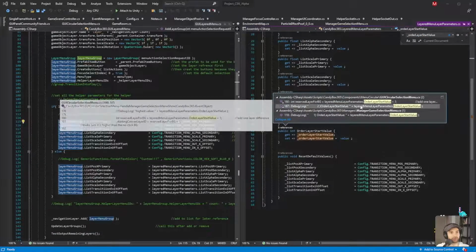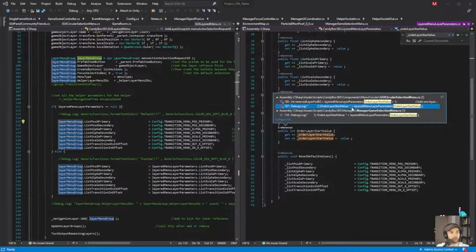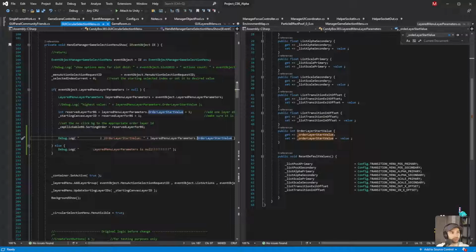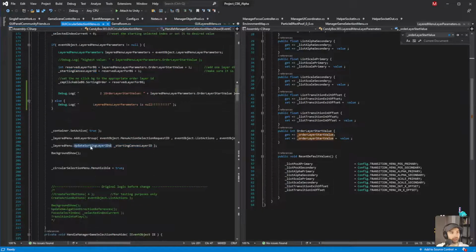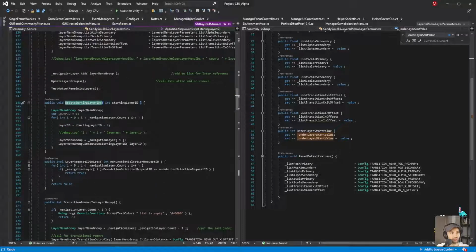Okay, so there's 3 references. Let's go over here. Reserved for BG. So, and then starting canvas ID. Oh. And then we call update sorting layer IDs. I see. Okay. So we're getting a bit closer.